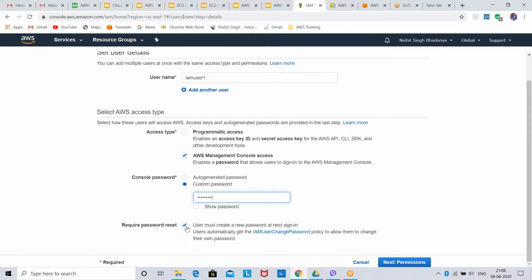If you leave this ticked, you will need to change your password after your first login. So I'll remove this, because I don't want to change my password, since I have created my custom password.